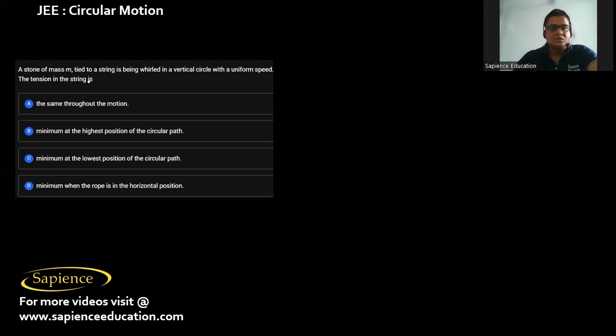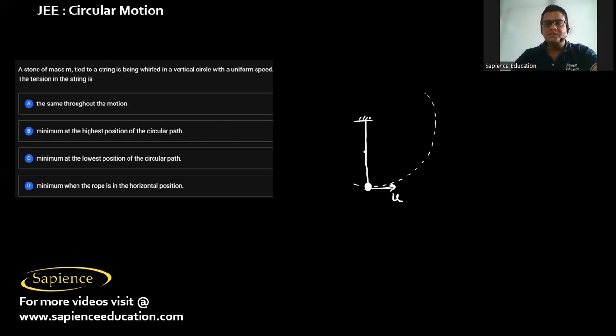And here it is told a stone of mass m tied to a string is being whirled in a vertical circle with a uniform speed. A stone of mass m tied to a string is being whirled in a vertical circle with a uniform speed. Uniform speed is, let's say, u. The tension in the string is